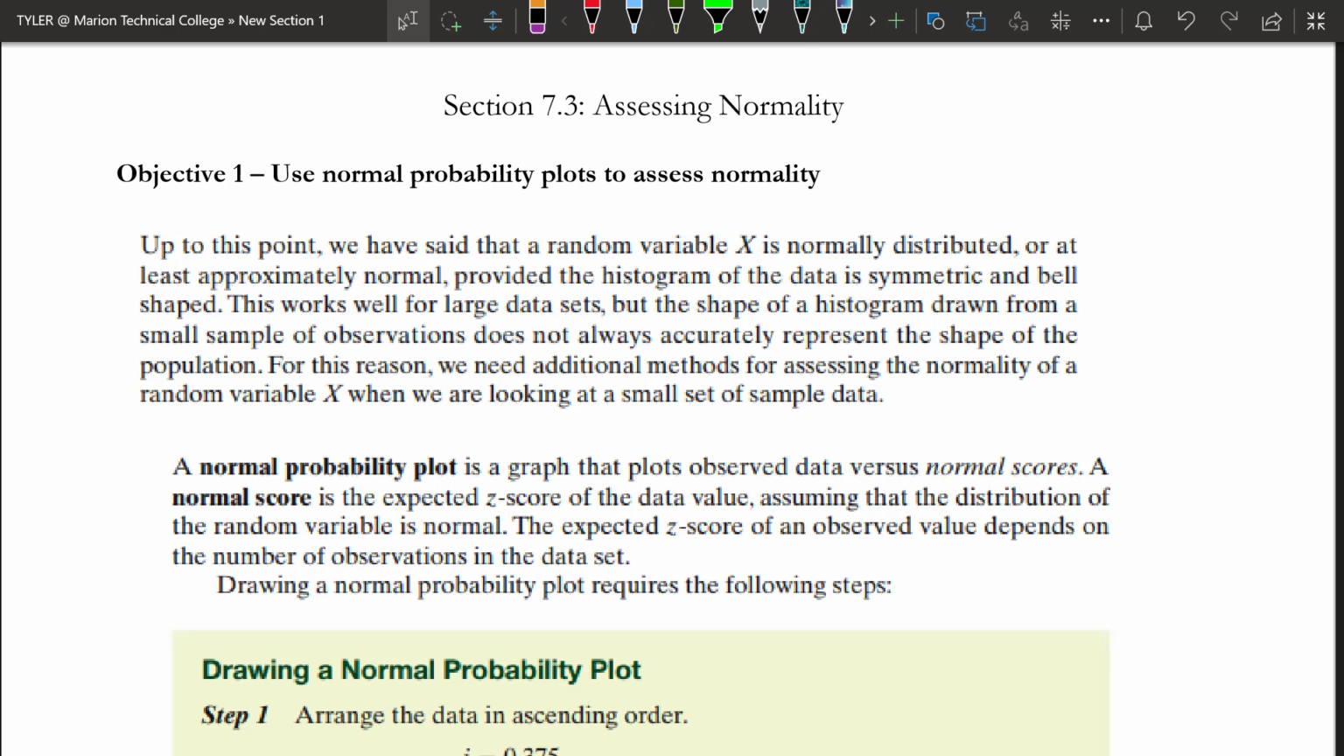Hi class, so this video is going to be short and it's going to go over section 7.3, which is titled Assessing Normality. Up to this point we have said that a random variable x